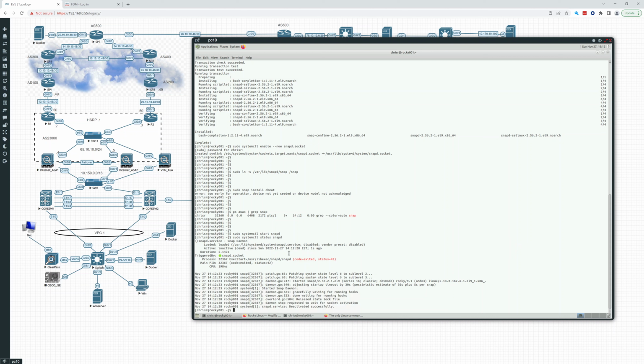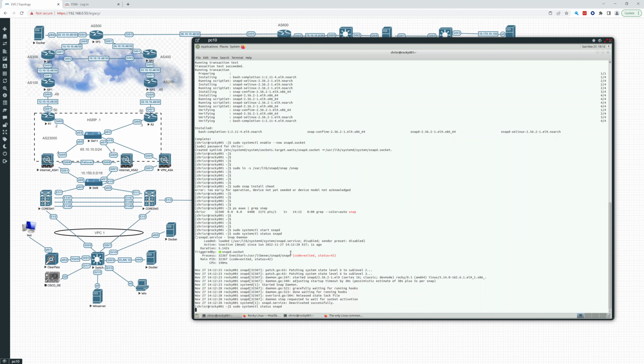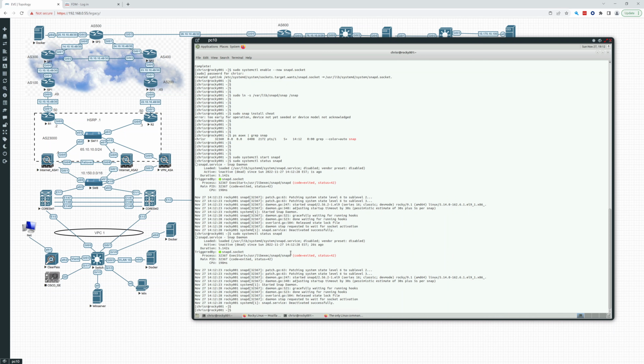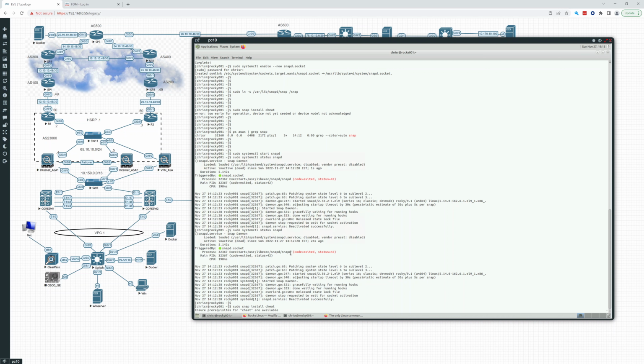Triggered by snapd socket. Why isn't this working? Let's see. Oh, there we go. Okay, so it looks like maybe it just took a little bit of time to get started. So we're downloading Snap from Channel Stable. While that loads, and that looks like it's going to be about 6 minutes,